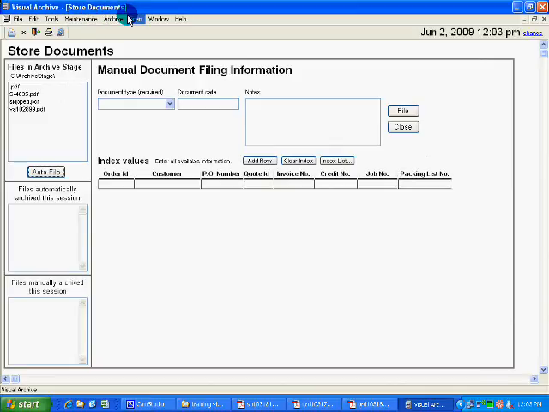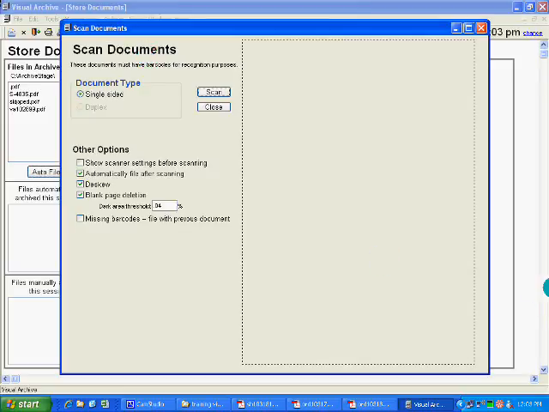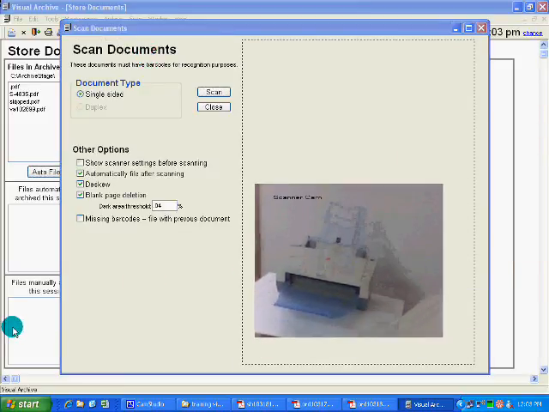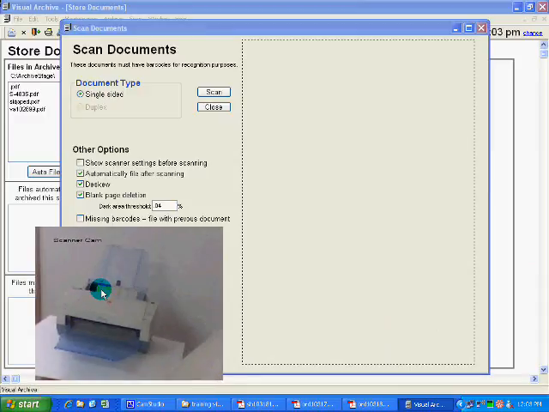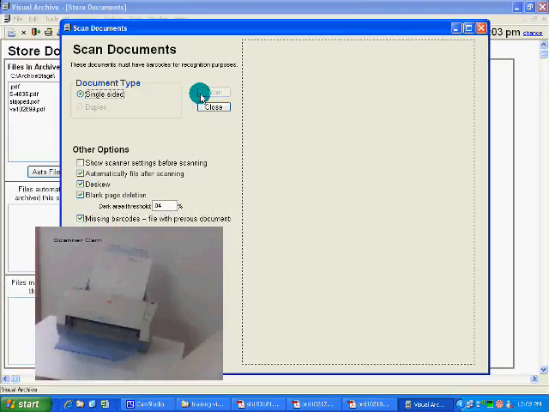Let's go back to Scan-Autofile, and this time what I've done is I have placed a different barcode where the normal barcode should be, just to see what happens. And I press Scan,